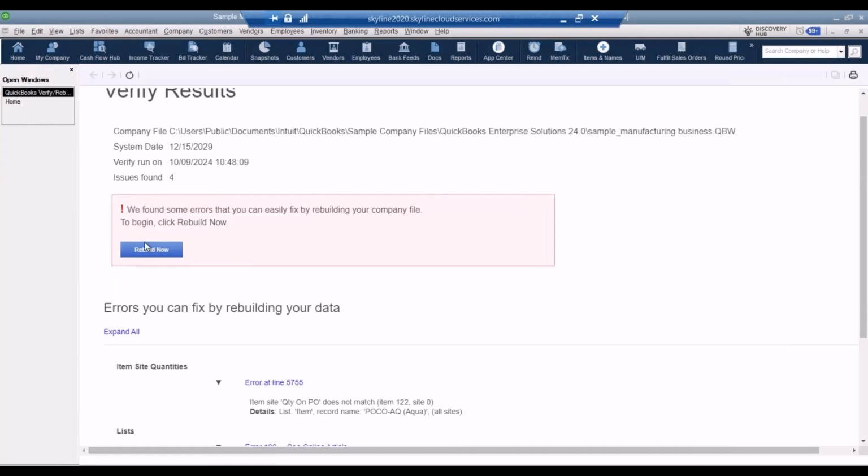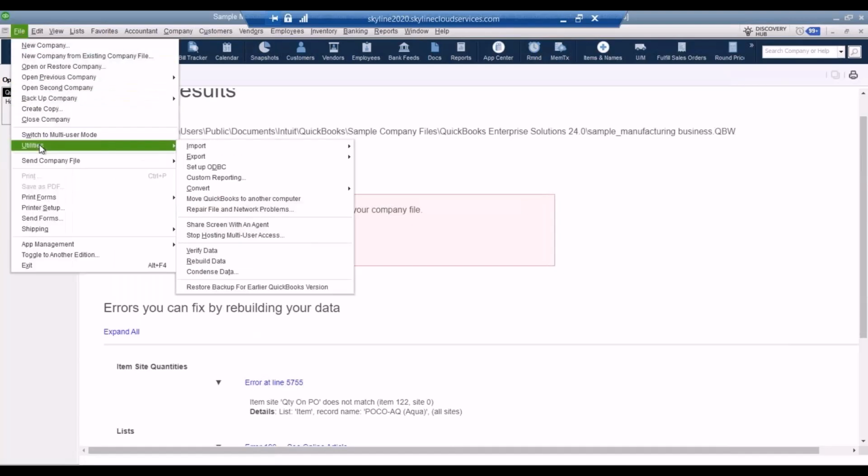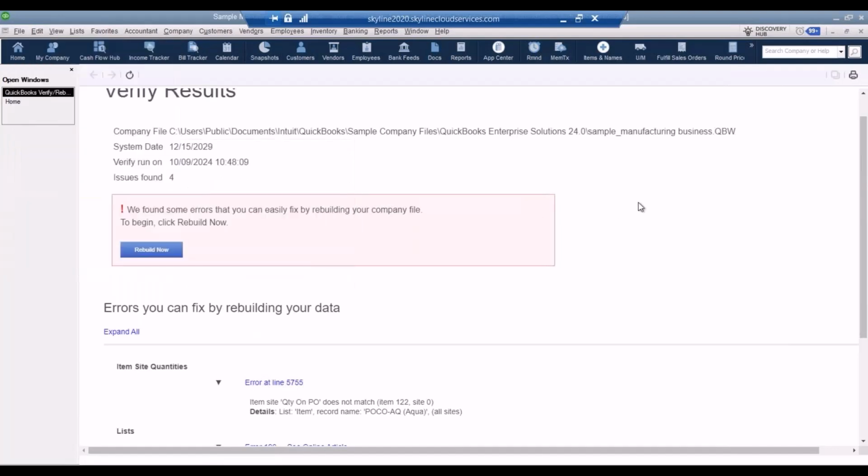as a second option. You can run it straight from your verify results, or again, if I come up here to my file tab into utilities, I can run it from here as well. Once that rebuild is resolved, then we want to go ahead and do an additional verify so that we can compare those results to see if there's still anything showing as an error. So these tools are a great in-product option to help resolve some errors that are causing functionality issues with the